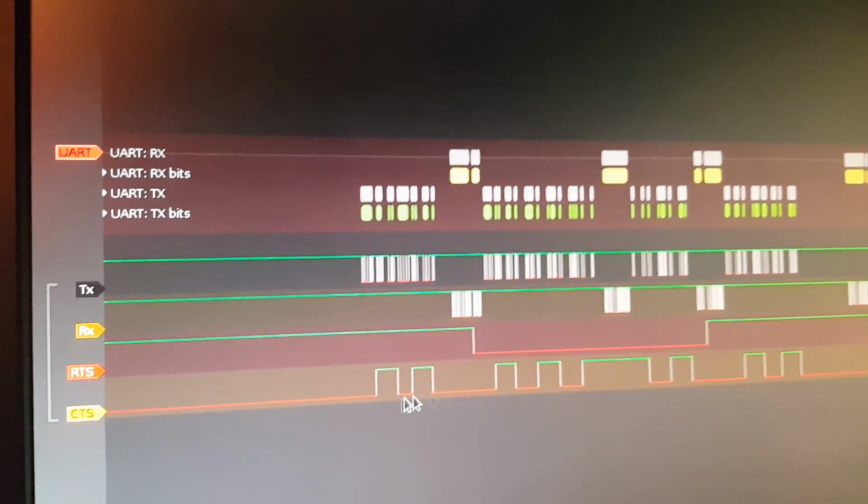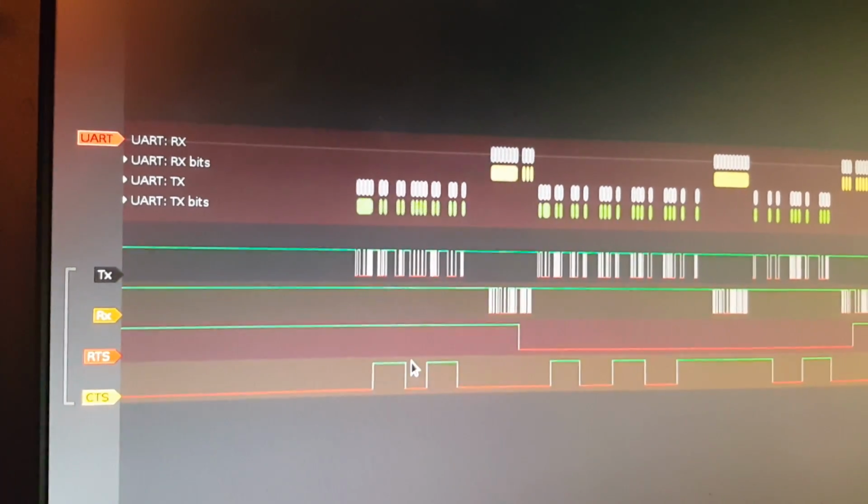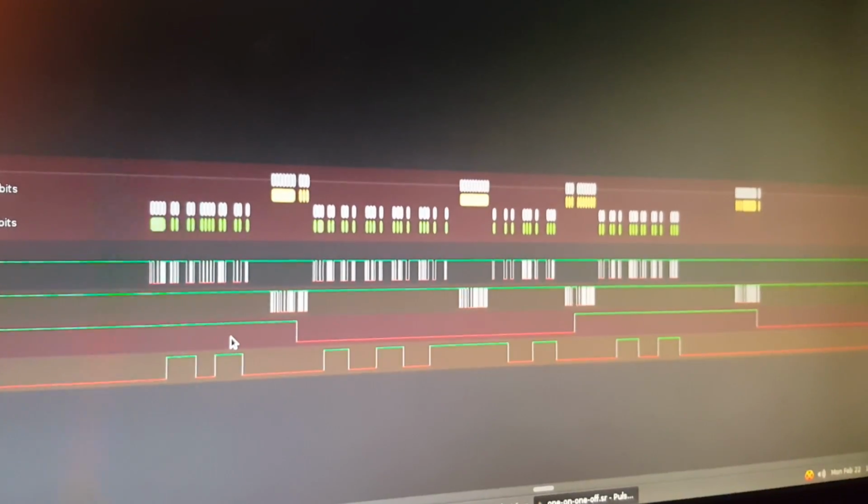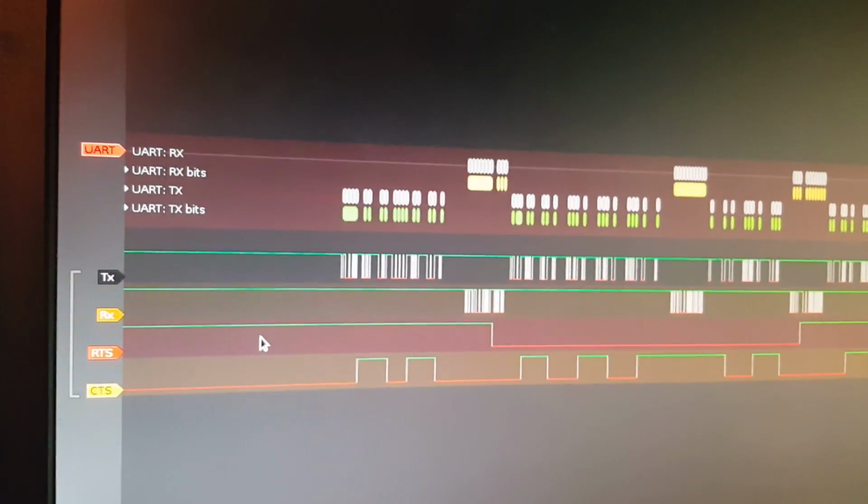Like, CTS is clear to send. Usually you should wait for that, but it actually does not care at all. So I'm kind of breaking the protocol slightly. So I've turned off hardware flow control, and I'm just sending RTS myself, and it works great. So anyway,